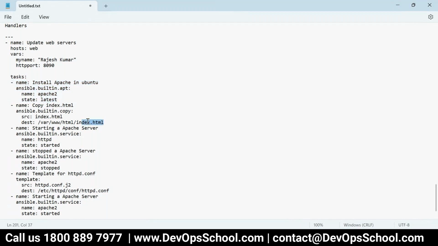This will copy the index.html. So for index.html copying, restart is not required. Okay. So if you see that here, started means it will not try to restart. If it is started, it will leave it. If it is not started, it will start it. But if you look at this